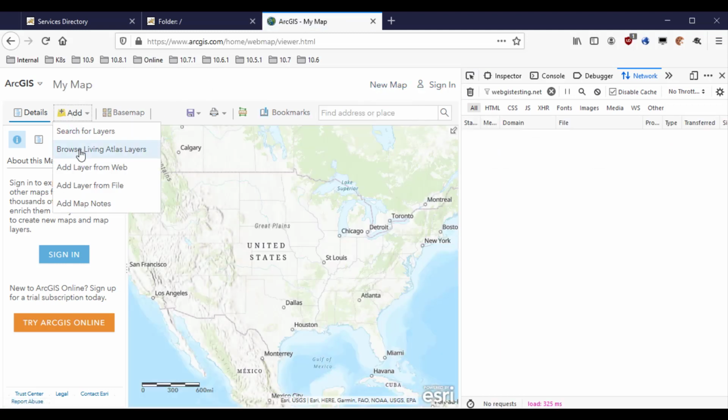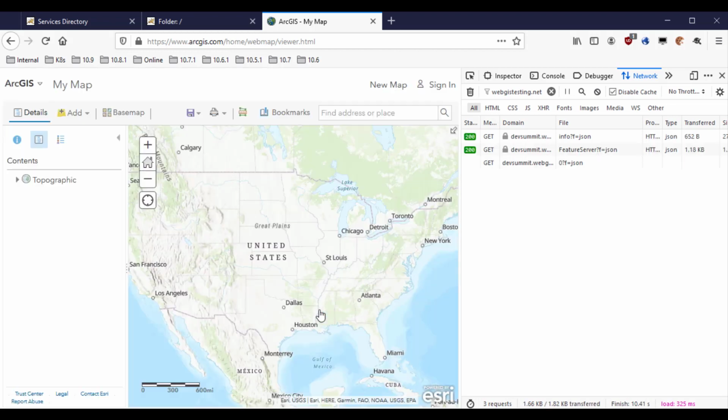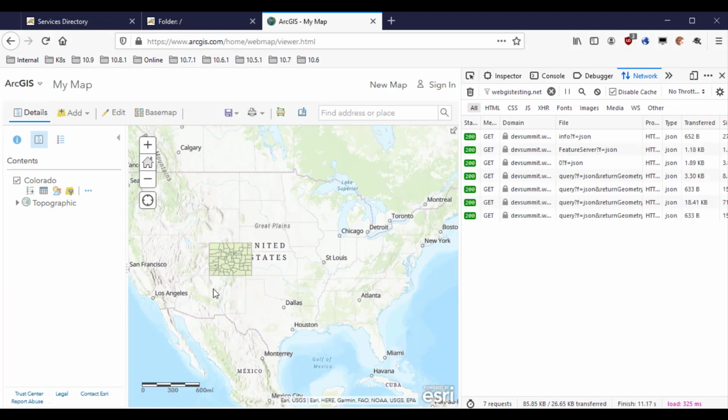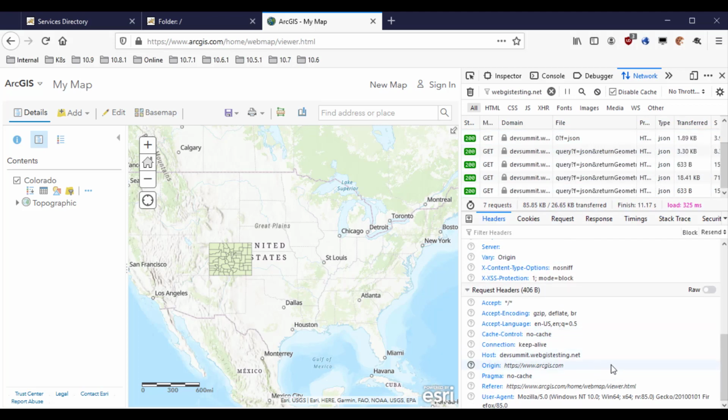And now I'm going to add the same URL, the Colorado Feature Service. This time it adds, notice no pop-up. We have the edit button right here, so editing is enabled for this feature service. And if we look at the network traffic, the first request to the REST info, down here, just like last